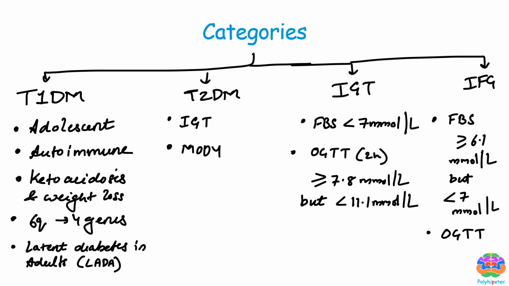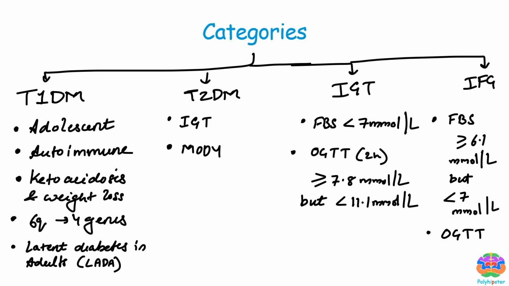Four genes are associated with this condition, located on chromosome 6q, which determine islet sensitivity to damage, either from virus or cross-reactivity from cow's milk-induced antibodies. Latent autoimmune diabetes in adults is also included in type 1, where there is slower progression to insulin dependence in later life. Type 2 diabetes mellitus, we can see impaired fasting glucose or MODY, which is maturity onset diabetes of the young,